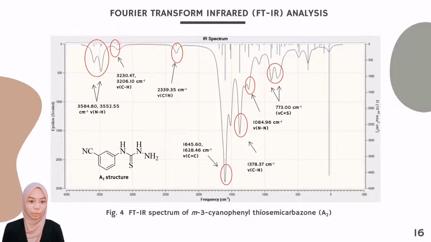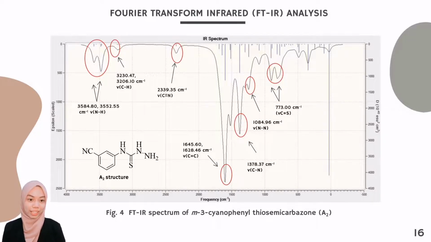Next, in C≡N vibrations, the characteristic region of the functional group is within the range of 2200 to 2350. The stretching vibrations of the CC are commonly seen between 1200 to 1650. In these medium CC vibrations, the type of substituent group has only little effect on the vibration. Next, in CN absorption, according to all reports, it occurs between 1380 to 1160. The CN stretching vibrations are moderately to intensely active. Then N-N stretching has also been reported in the literature at 1100 to 930.